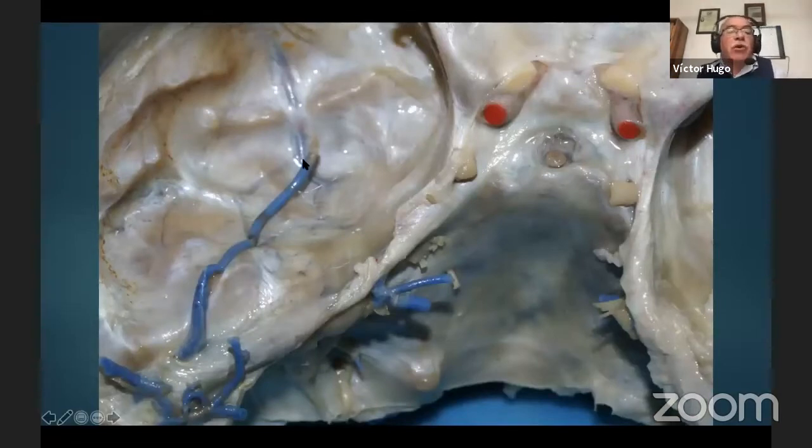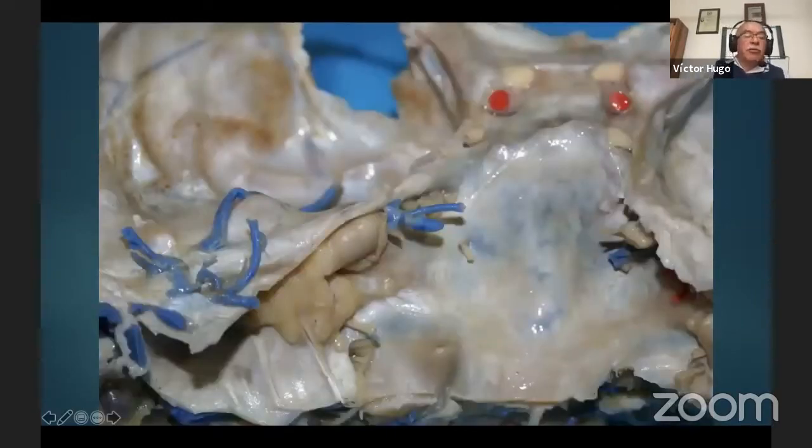Here we have the middle fossa, posterior fossa, and here we have some venous affluents to the superior petrosal sinus. The cavernous sinus, anterior clinoid, optic nerve, supraclinoid carotid artery, third cranial nerve, fourth, fifth, and the other cranial nerves. So what I want you to see is the venous drainage in this